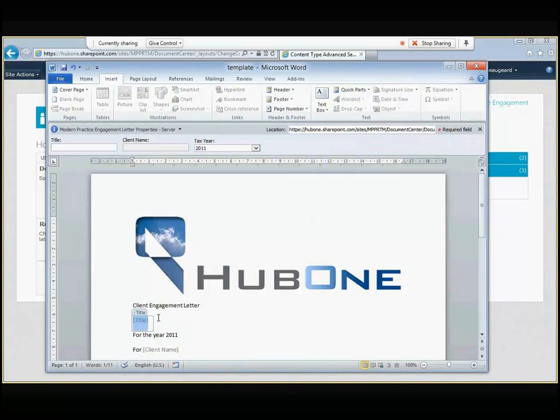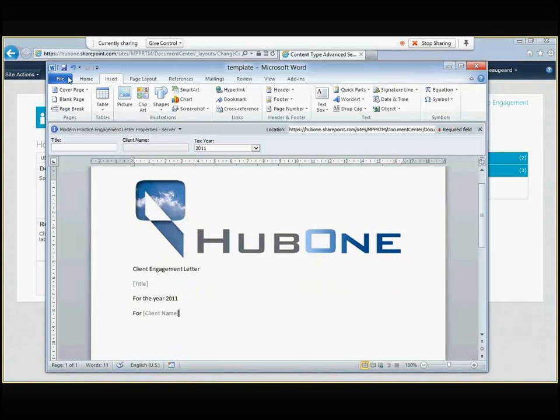So the title actually comes out of SharePoint. The tax year we created in the last training session, that's a drop down, and the client name is coming out of Workflow Max. What I'm now going to do is I'm going to save it as,